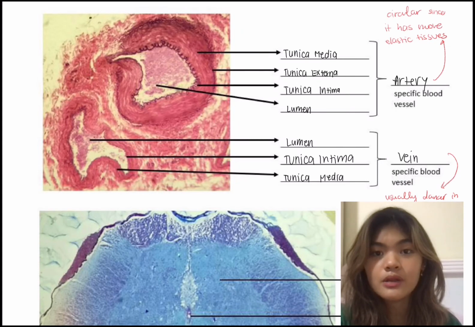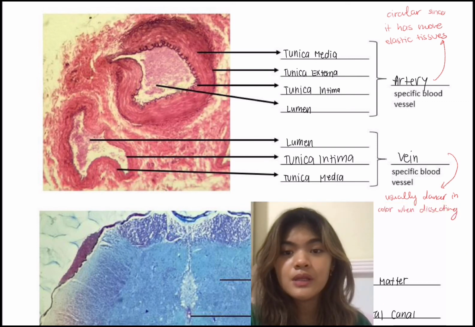First, we have the artery, which is circular in shape since it has more elastic tissues. The innermost part is the lumen, followed by the tunica intima, tunica media, and finally tunica externa. The vein, on the other hand, has a more complex shape, and the vein's lumen is bigger compared to the